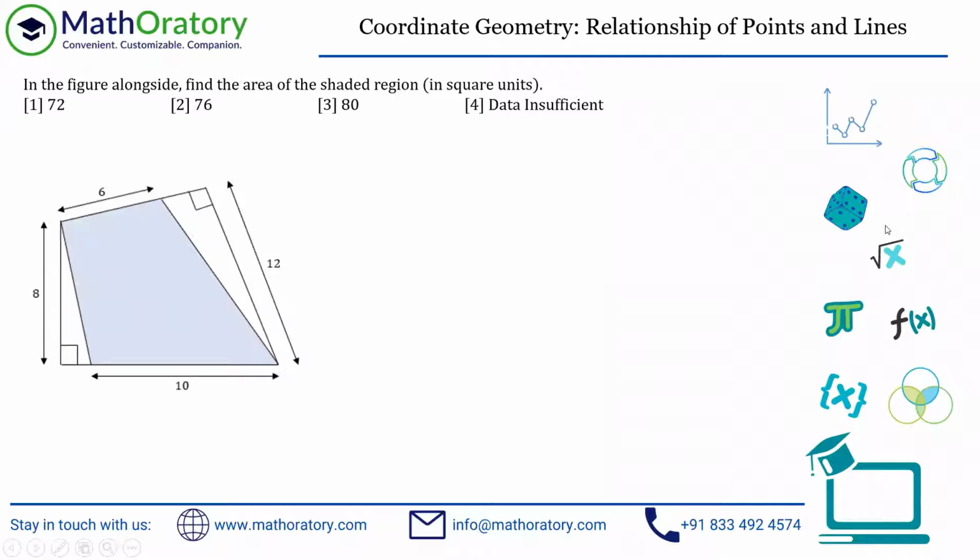All right, so in this question, we're looking to find the area of the shaded region. So this is the shaded region out here. On the face of it, this looks a bit complicated, but these dimensions have been given for some reason, right? So let us try to break this up. So there are a couple of 90 degrees out here. This is mentioned in the figure itself. So these are a couple of 90 degrees that we have.